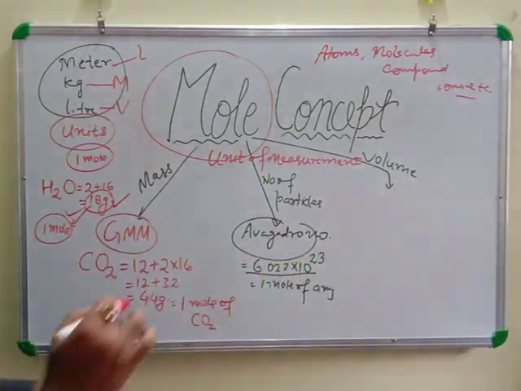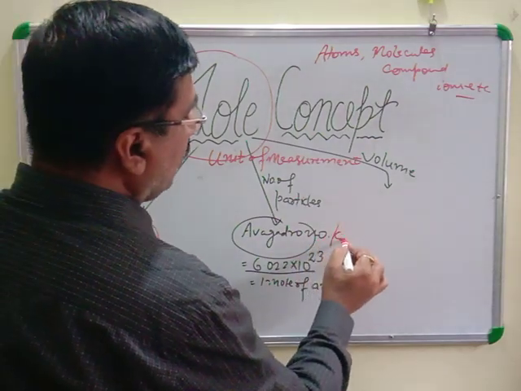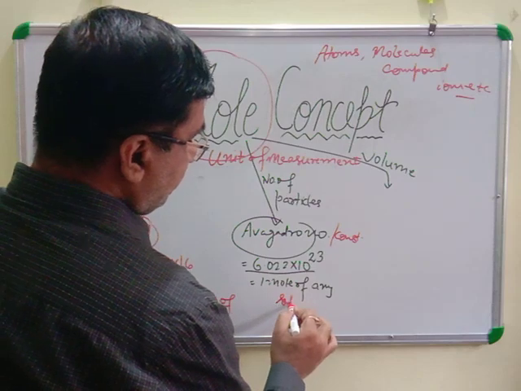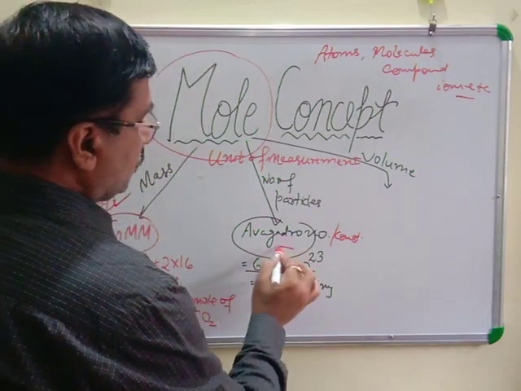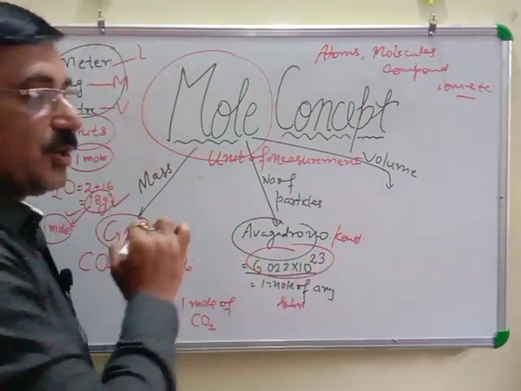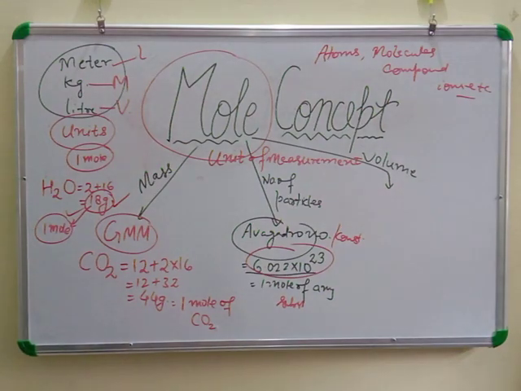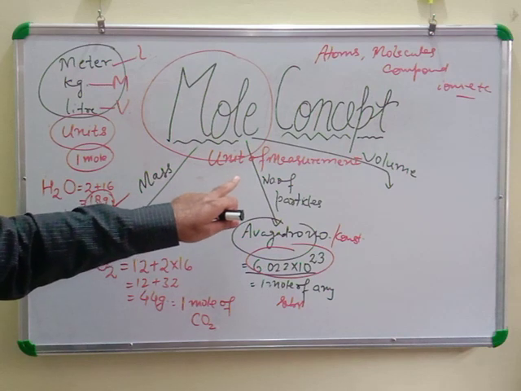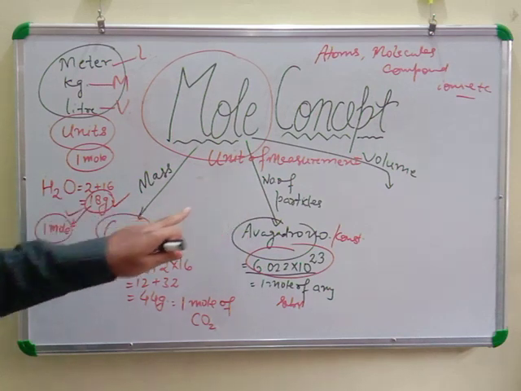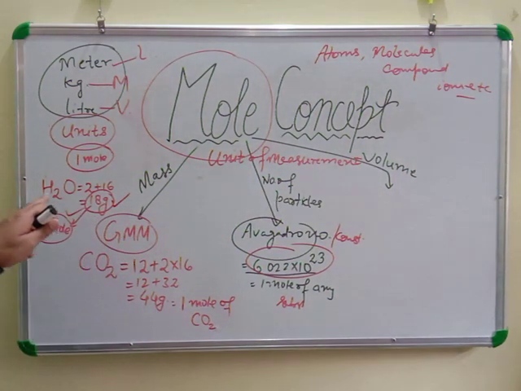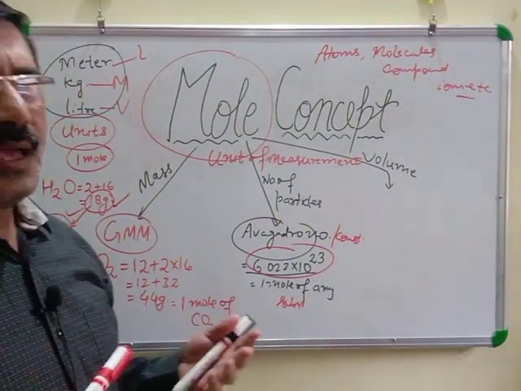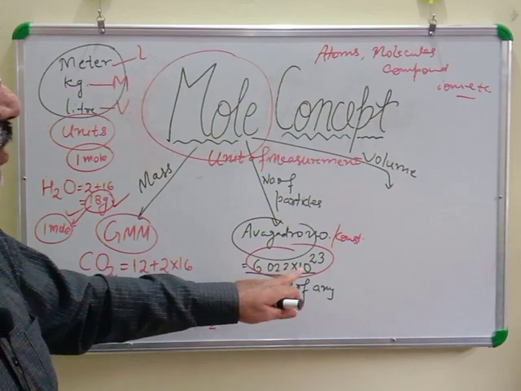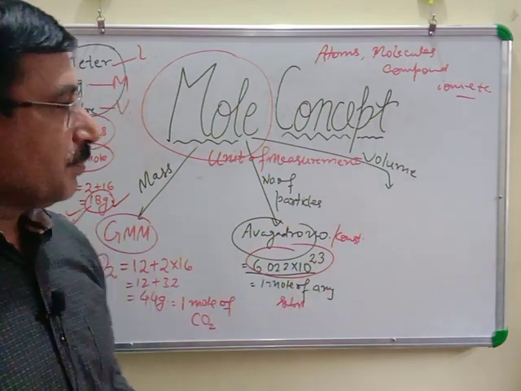It is constant. It is called Avogadro number or constant. 1 mole of any substance has 6.022 into 10 to the power 23. So children, the second thing for 1 mole is always having how many particles for any substance like carbon dioxide, water, calcium carbonate, any compound. It will be 6.02 into 10 to the power 23.